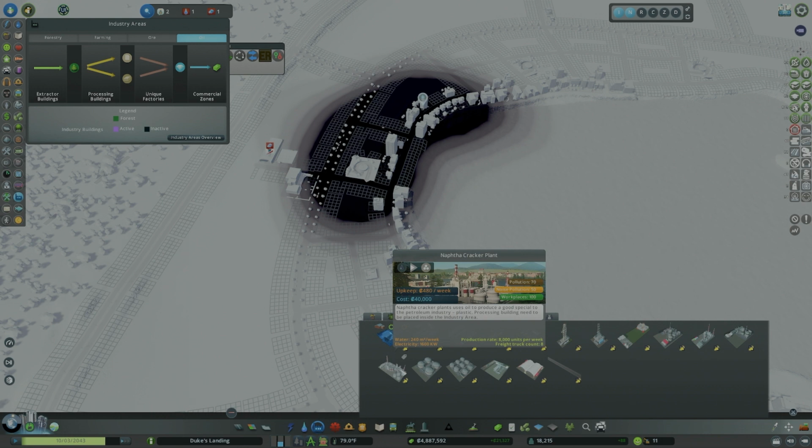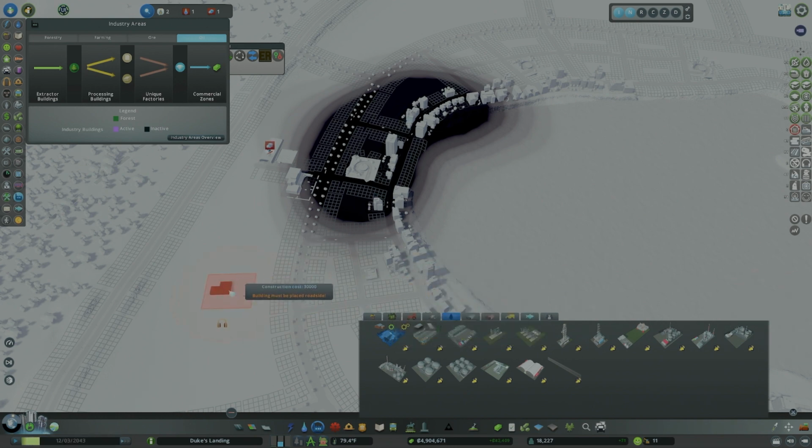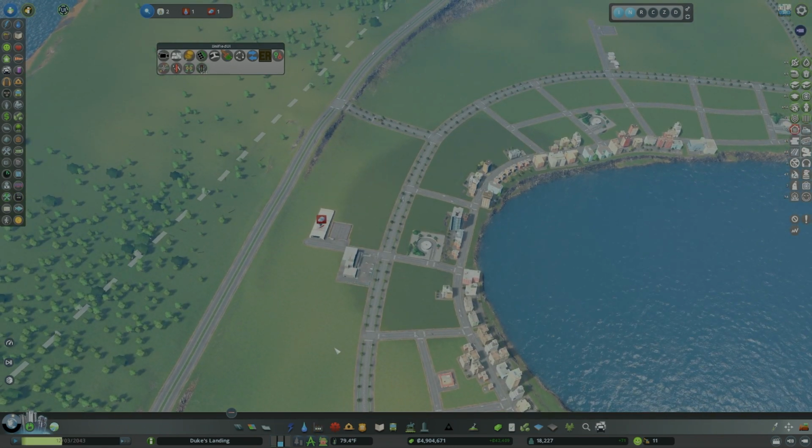Waste refinery. Naphtha cracker plant. Cracker, as in like oil cracking, uses oil to produce a good special to the petroleum industry, plastic. Oh, it's just a more advanced one. Yeah, that makes sense. Okay, so we need